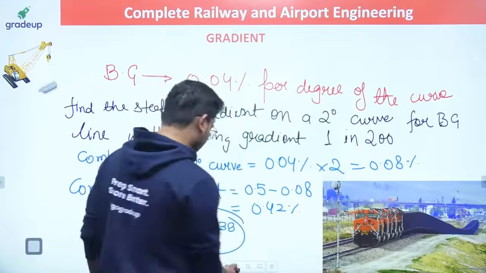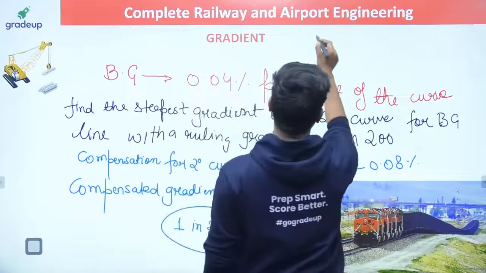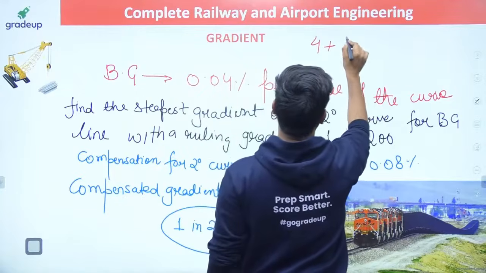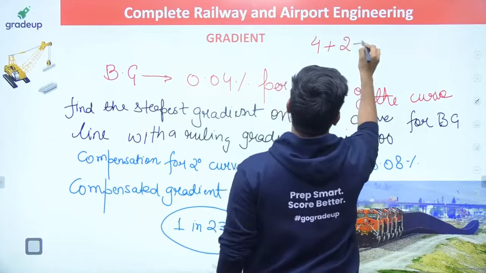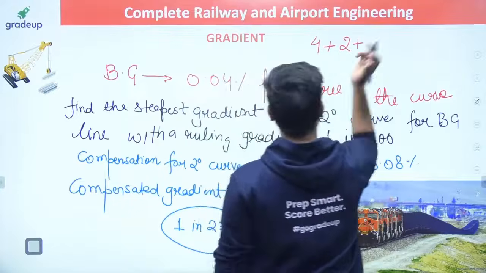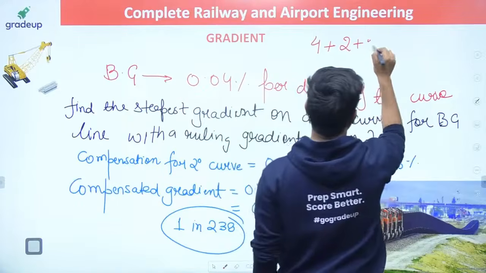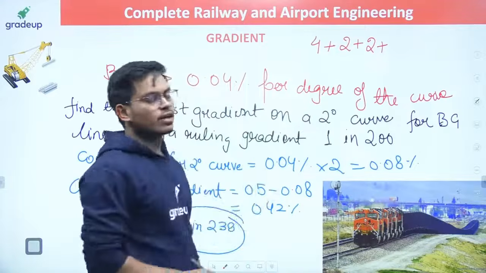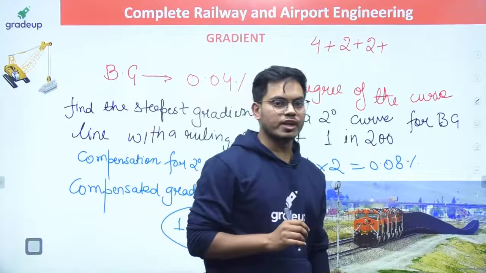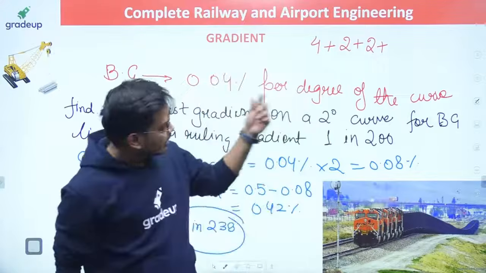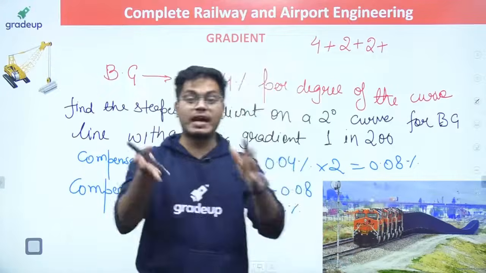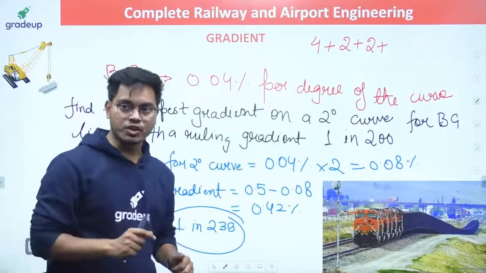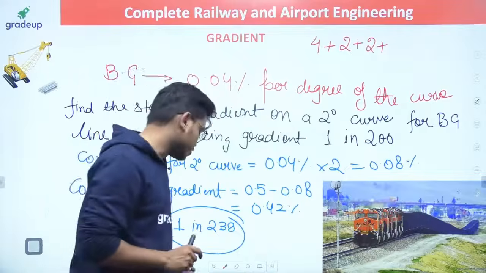Okay, so the marks which we have covered till now is 4 marks were there. Now from super elevation, if the question comes, it will come for 2 marks. Then we have seen if the transition curve comes, length of transition curve will come, plus 2 you can easily add. Till now we have covered 8 marks from your railway engineering. If any question comes from such topics which I have discussed, you will be able to solve them. So don't worry. You have not wasted your time.